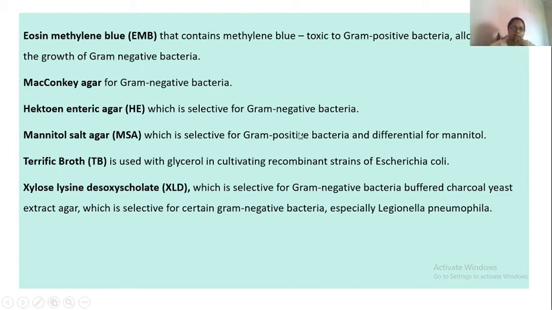So in those cases, if you have a mixture of organisms present in your sample, you must always go for selective media, and that will selectively grow only the pathogen and suppress the growth of the rest of the normal bacteria or the contaminants. The best example is Salmonella Shigella agar. Salmonella Shigella agar is a selective media that is used for stool samples, and it will only allow the growth of Salmonella or Shigella in the medium.